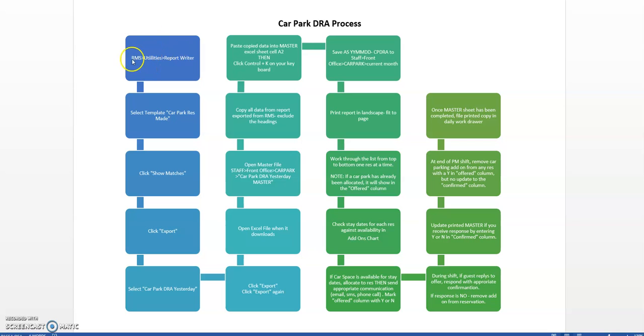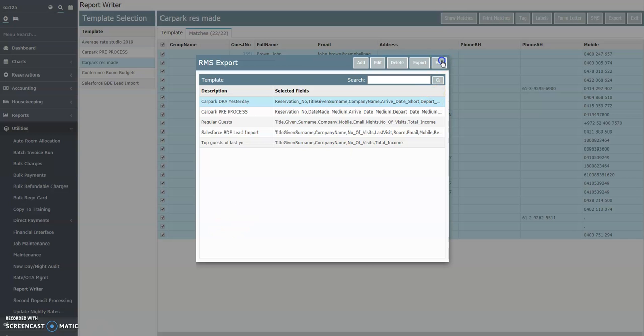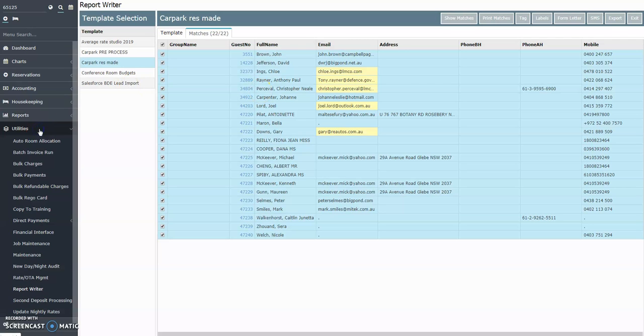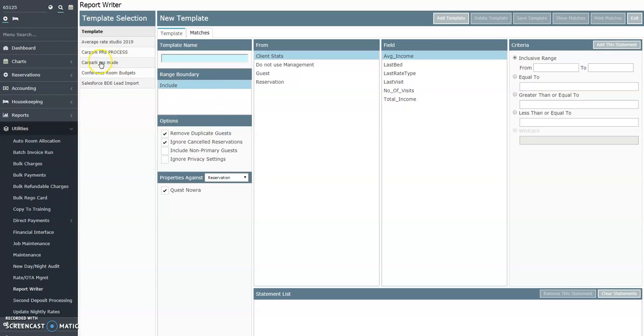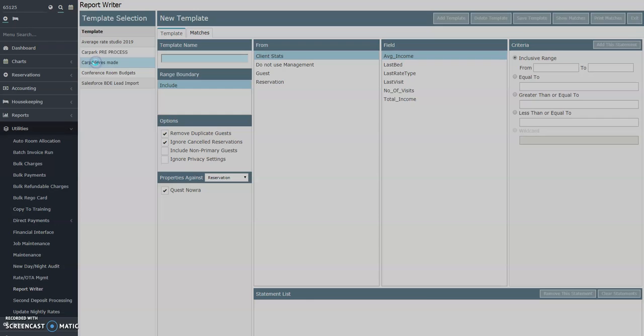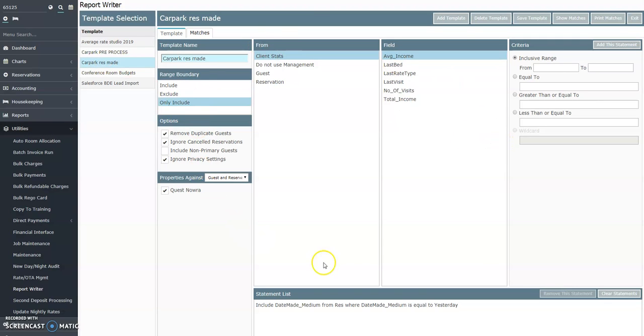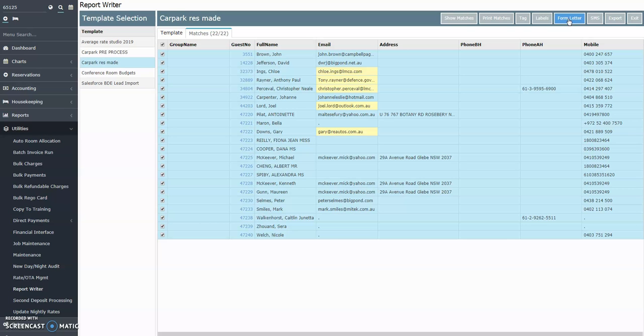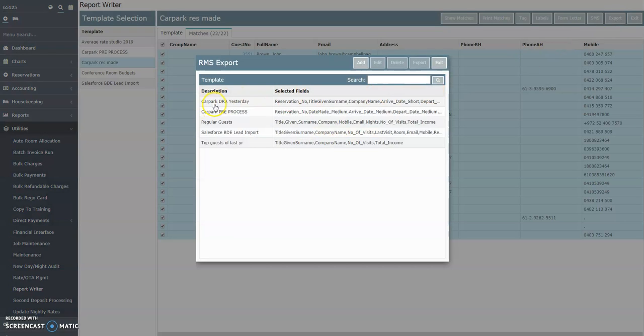So let's get started. You're going to start in RMS, utilities, and then report writer, and go from there. So we want to go to utilities, report writer. Then we'll choose the template car park res made. You don't need to change anything in the template. It's all been done for you. You want to click show matches. This is going to bring up all the reservations that were made yesterday. We're going to export. We're going to choose car park DRA yesterday. Click export